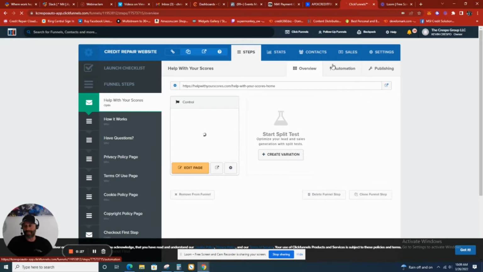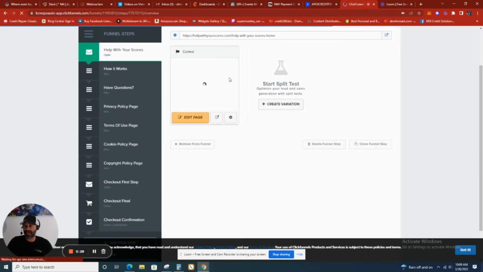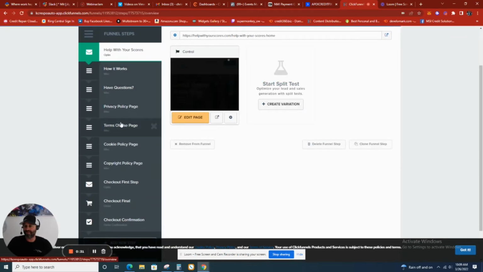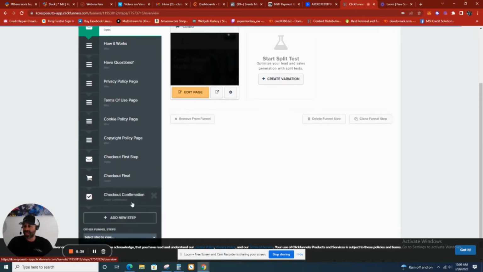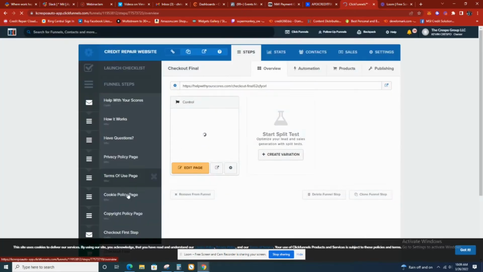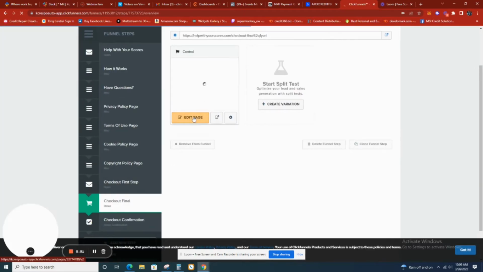And this is the main dashboard. So as you can see, there are 1, 2, 3, 4, 5, 6, 7, 8, 9, 10 pages. So 10 pages if you have processing, 9 pages if you don't. And I'll explain that really briefly. If you don't have processing, then we're going to have all of your information on one page just like this here. I'm going to show you really quick. So when I click on that page and I go into edit,